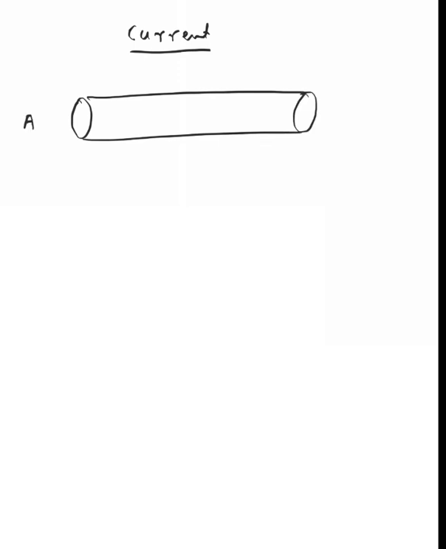Guys, if you're able to move all these electrons, the electrons from A, and push them further towards B, you always need some driving force, something to push the electrons from A to B. That is the potential difference, so we'll discuss that later on. But if you're able to move these electrons from A to B, then we say that the current is produced.